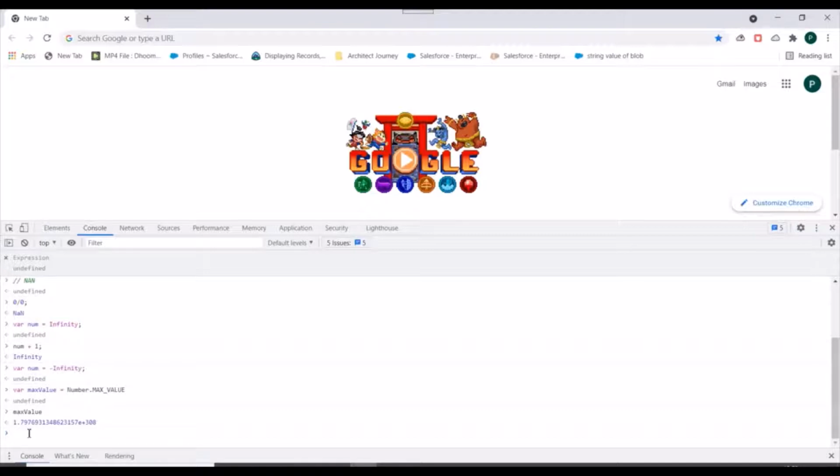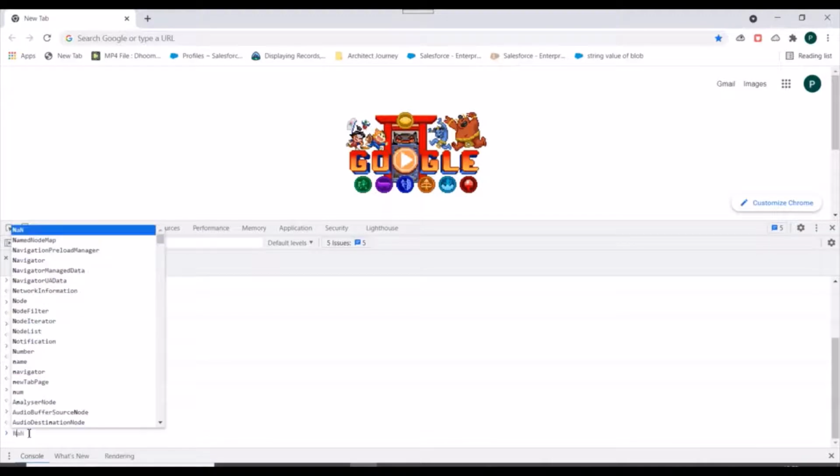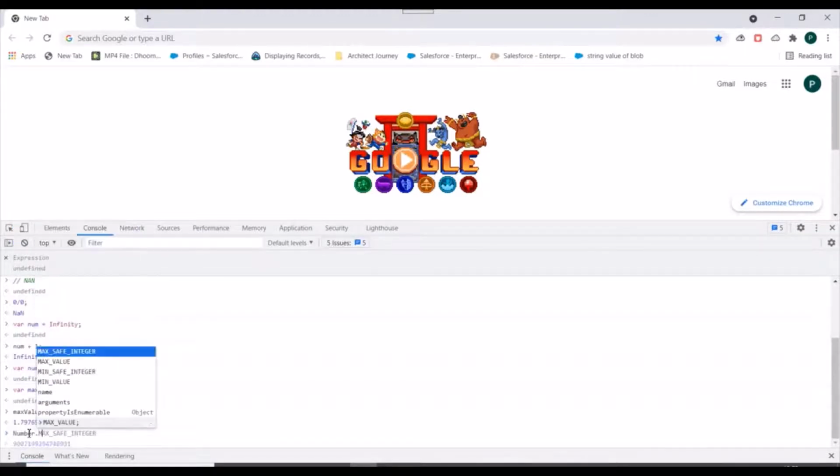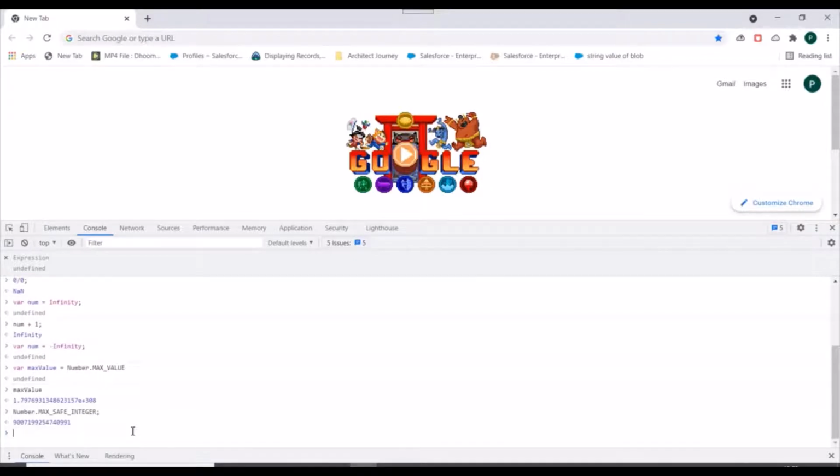For that we have a range in JavaScript which we can find using the properties Number.MAX_SAFE_INTEGER, which will give us the maximum safe integer which we can use without rounding off in any calculation. We also have Number.MIN_SAFE_INTEGER, which will give the safe integer on the negative side also.